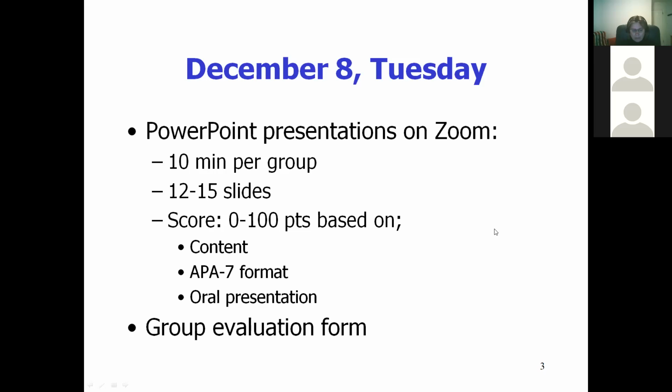This group evaluation form is confidential. You will email it back to me. It's not posted anywhere where others can see. Obviously, there is no way for me to know, except for those occasions when some of you talk to me, and that happened for several groups, about missing in action group members.